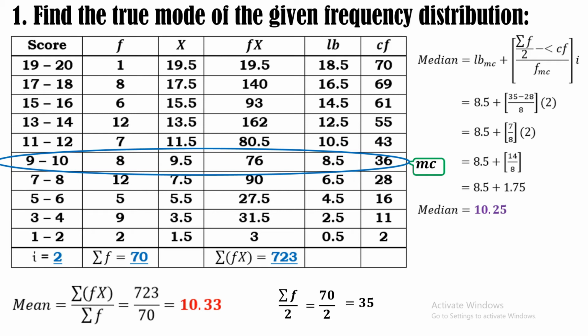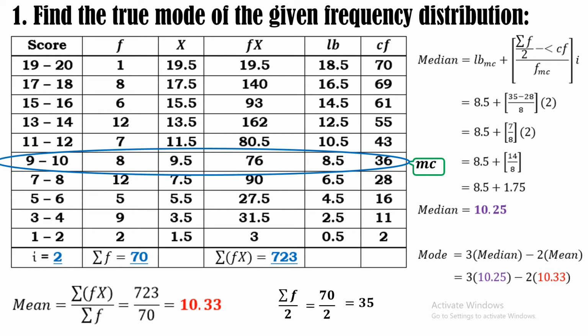Now take note that in finding the true mode of a given grouped data, we only need the mean and the median. Now since we already have those values, we can substitute into the formula of the true mode, which is 3 times the median minus 2 times the mean. By substitution, we now have 3 times 10.25 minus 2 times